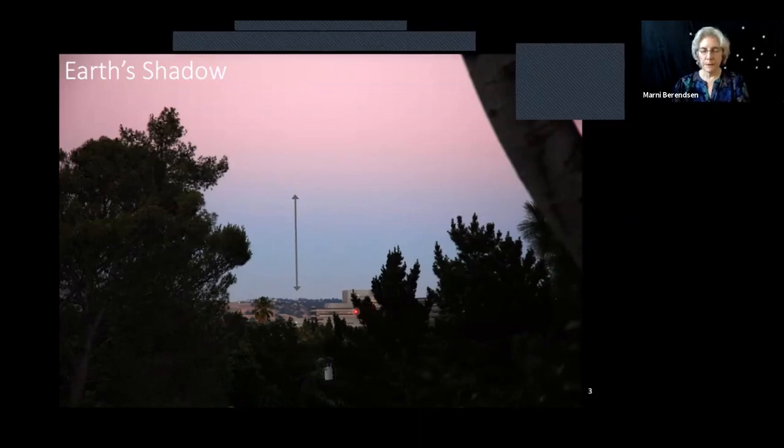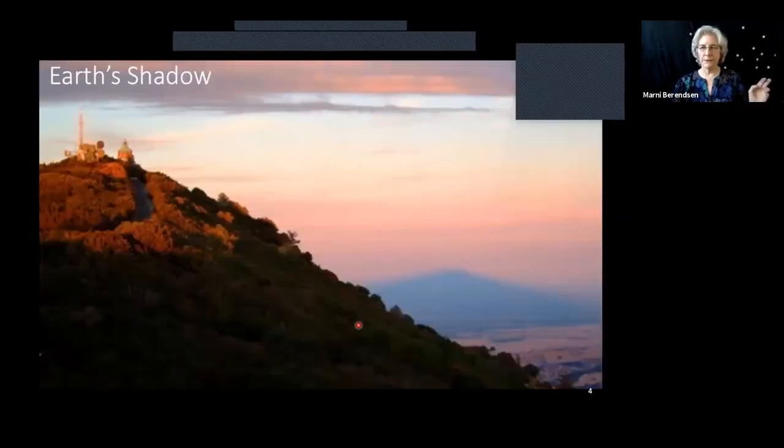Yeah, that's it. But on the top of Mount Diablo, we have a very special thing that happens every so often. And a lot of people get pictures of this. And you can see that the sun is still shining at the top of Mount Diablo. And this is just before sunset, almost right on the horizon, when the sun is right on the horizon. And to the east, you can see the outline of Mount Diablo projected against our atmosphere. So that's the beginning of Earth's shadow that we can see up there.